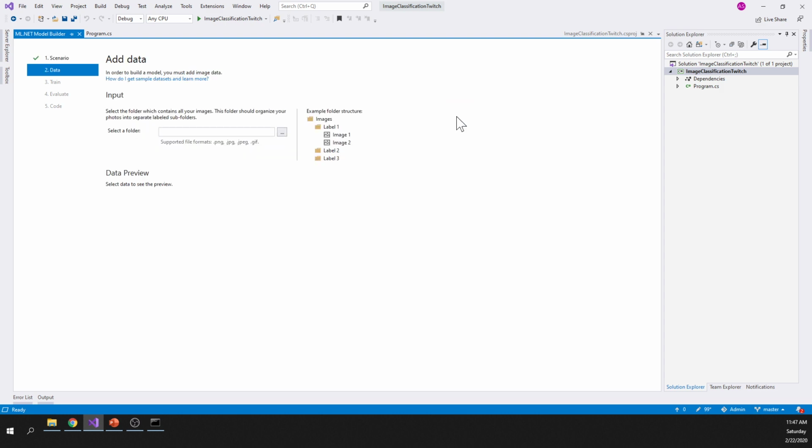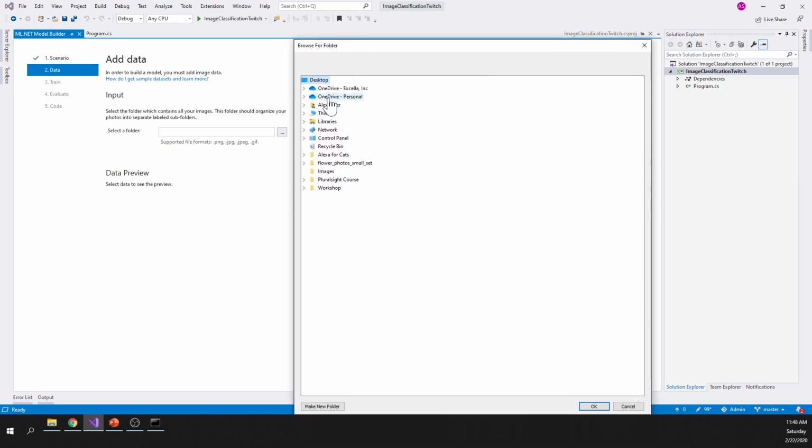If you click on image classification, it will tell us to please select a folder where you have each type of image in a separate folder. So again, labels here. It's going to be roses, it's going to be sunflowers, and so forth. For our product group scenario, for this to work, we would have to put shirts in one folder and jeans in another folder. But right now, we already have the structure set up for our images. So we'll go straight there